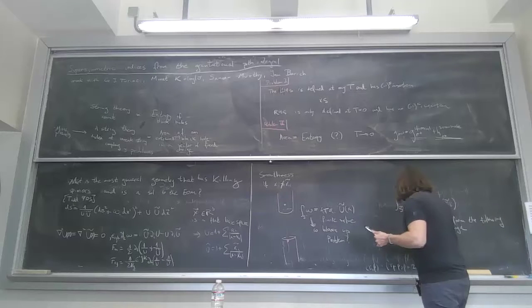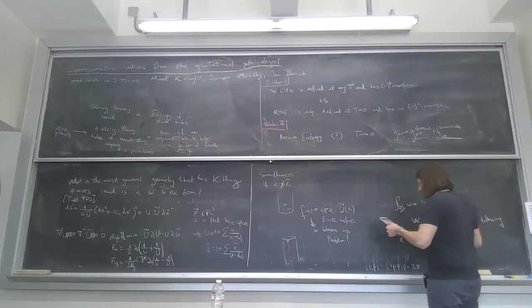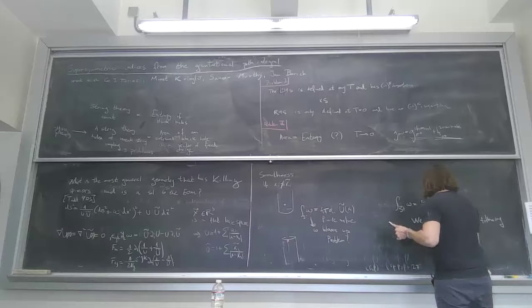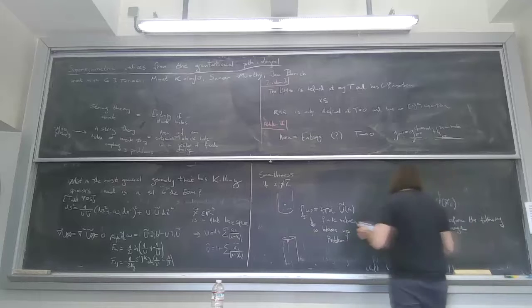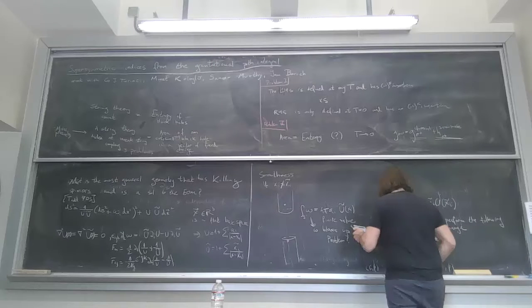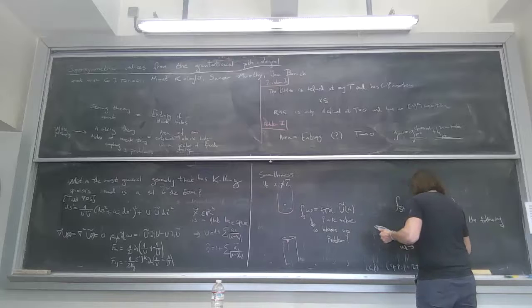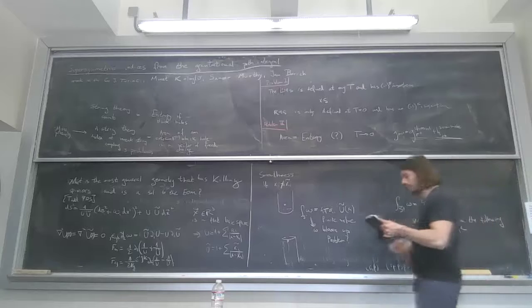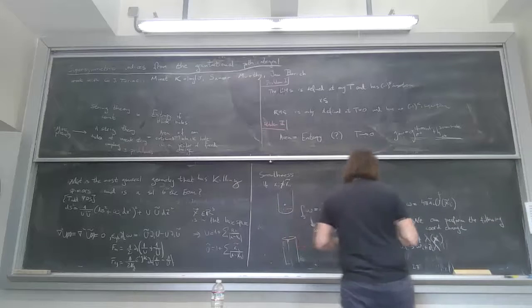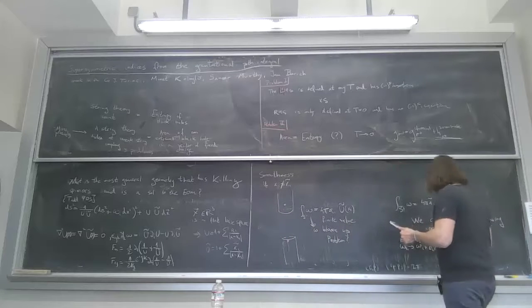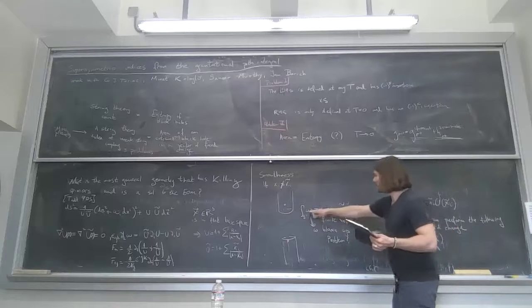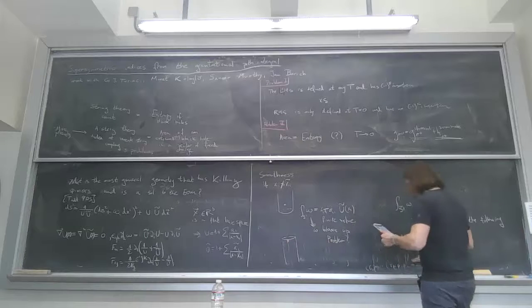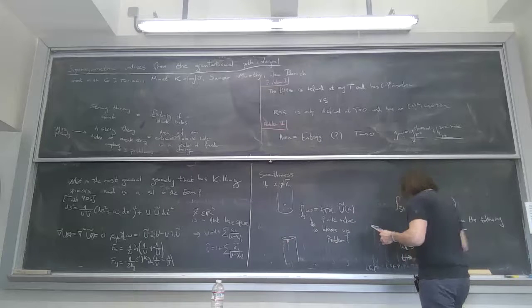So T can, if we change T by some arbitrary function on the base space, so some arbitrary function of xi, then omega I would change by omega I plus partial I lambda. So it would change exactly like a gauge field, where lambda parameterizes the gauge transformation. So I can choose T to get rid of this integral, to make this integral over omega be 0 after a change of coordinates.